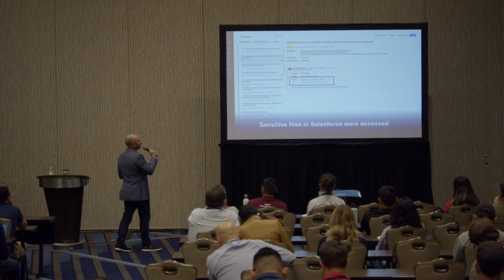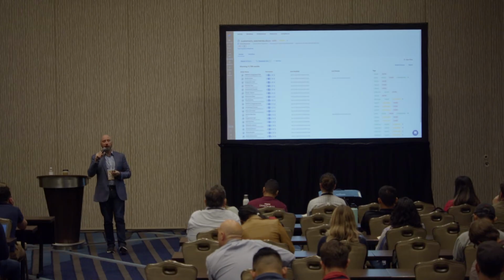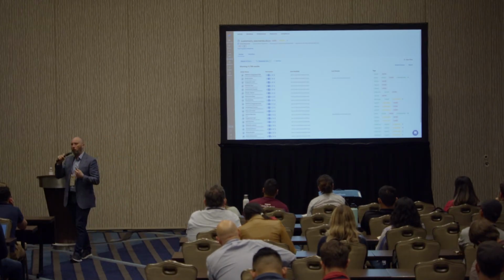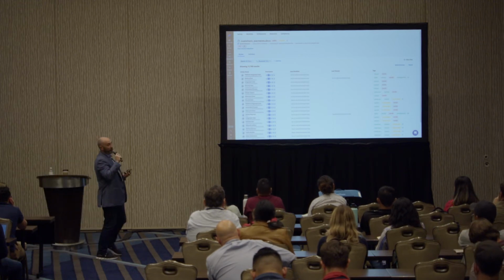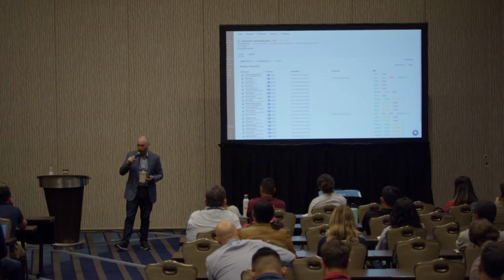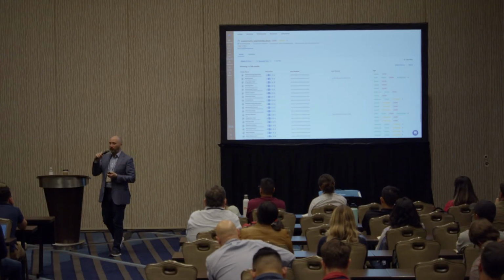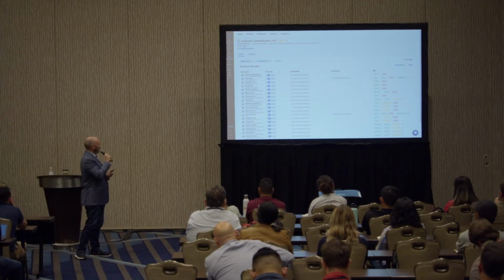So here is the actual file that I touched. We know it's sensitive, and if I want to, I should be able to answer the question, who could have done this? Who could have accessed this? Who had access to this data? What we've done here is we've looked at the profiles, the permission sets, the permission set groups, the object settings, the sharing rules, and the mute permissions of every object inside Salesforce, combine all that together to answer the question, all right, who could access this data?